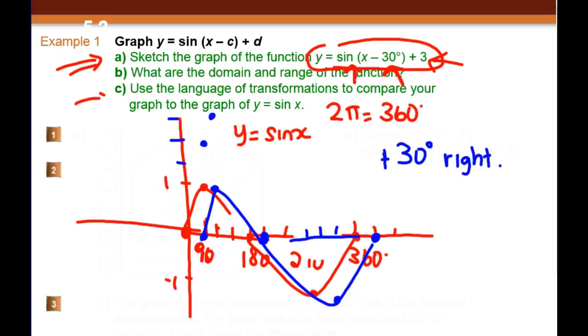And this guy was at 0, so he's at 3. And this guy was at -1, so he would be at 2. I gotta make sure I keep it lined up. And then this guy was at 0, so he would be at 3. So your picture would look like, whoop, mine's kind of ugly, but